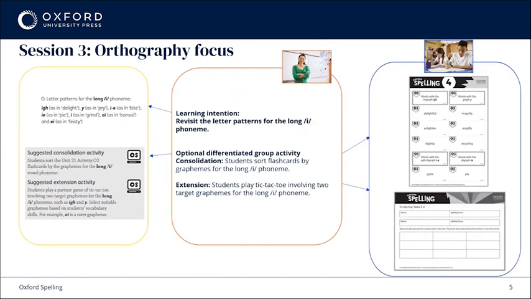In session 3, we continue to focus on orthography, with a session dedicated to differentiated activities. Begin with the learning intention for the session from the spelling focus in the lesson plan. You might say, today we'll be working again with the letter patterns for the long I phoneme, such as IGH